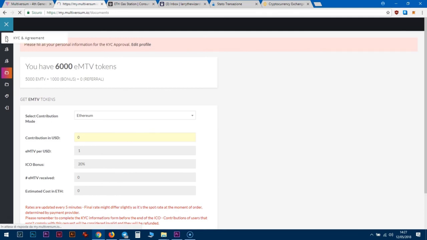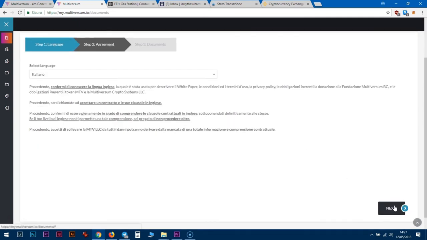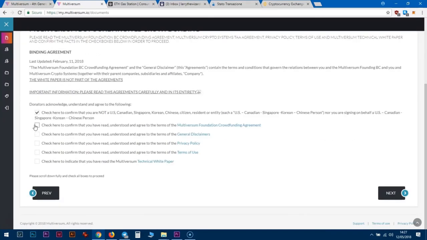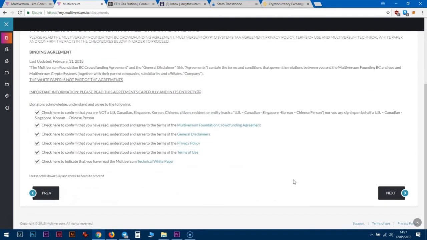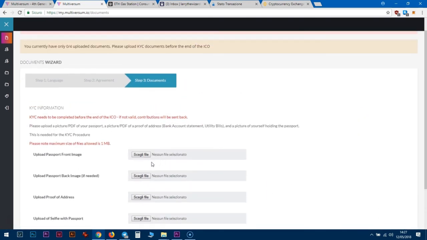Now, about the KYC. KYC means know your customer, and we are forced to do this because otherwise people could launder money with our project, and we do not want this. So you have to read our disclaimers, privacy policy, and etc. Here we remind you to read again the white paper, so you are very sure that you like what we are doing. And you have to upload